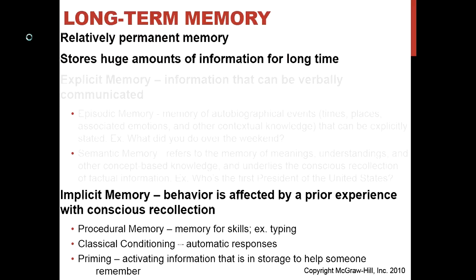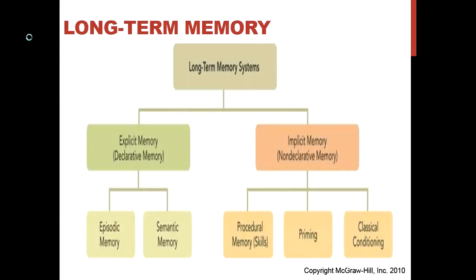And the last thing involved with implicit memory is priming, in which we activate information that's in our storage unit in order to help somebody remember. So perhaps we ask certain key questions in order to prime somebody so that they will hopefully remember something as well. Okay? And here you can see a nice pictorial of what the long-term memory store looks like and how it's divided up. Okay, this is also in your textbook, so you shouldn't have any problem